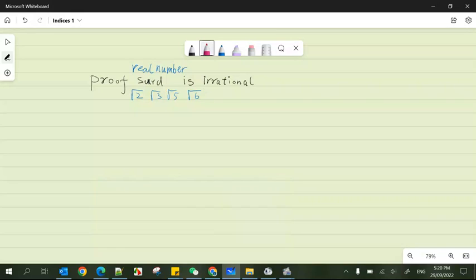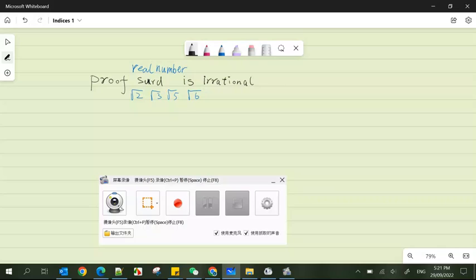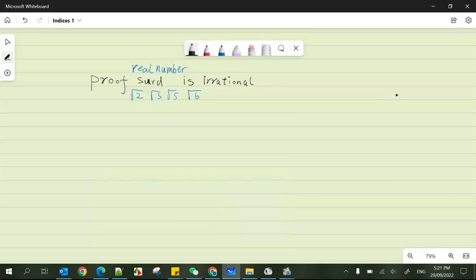In this video, we are talking about how to prove a real number, such as square root 3, square root 2, square root 5, and square root 6, is irrational. There are a lot. In this video, we use square root 2 as an example. The irrational number means square root 2